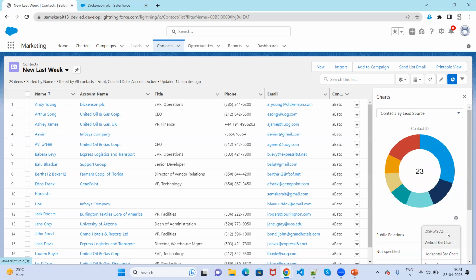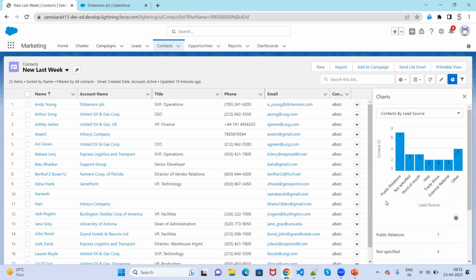Now by default, it goes to the donut. Now here it is the lead source. We have different lead sources: web, trade show, external referral, other, word of mouth, not specified, public relations. Lead source is basically how did you hear about this particular product? So through the web, through the trade show, through the external referral, through word of mouth, or not specified, or through public relations